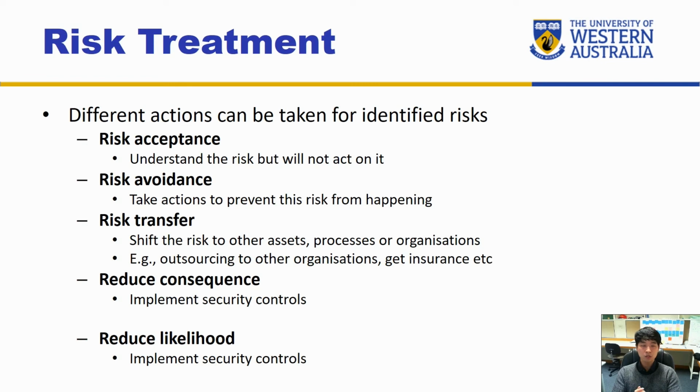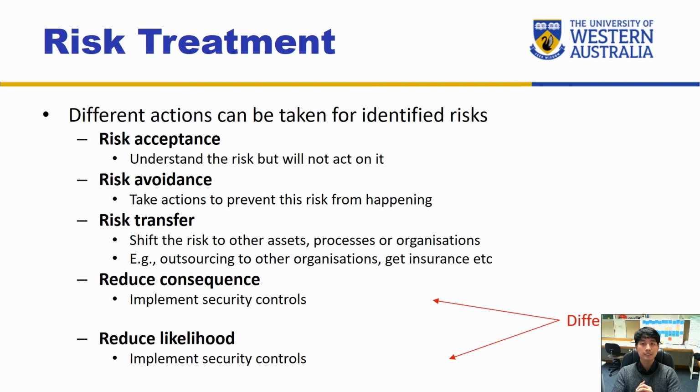Okay? Risk transfer, you can shift the risk to other assets, processes, or organizations. A good example is outsourcing to other organizations, getting insurance, etc. So this is where you transfer your accountability to other entities to address the risk that's found. Okay? And the things that we have been seeing in the past fall into the last two categories. Either we reduce the consequence or reduce the likelihood. And both of them will be looking at implementing security controls. Okay? So